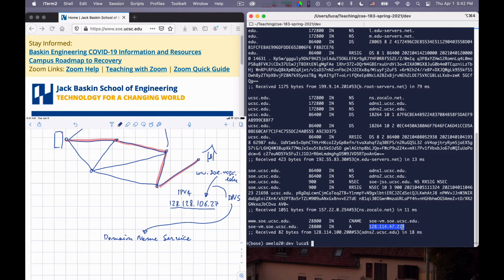Okay, so when you have an address like this, you take it apart and you start asking the top domain server for who knows about edu, and then you do all this chain.